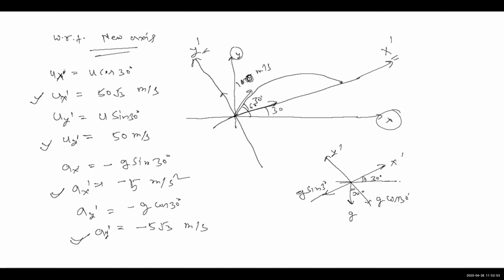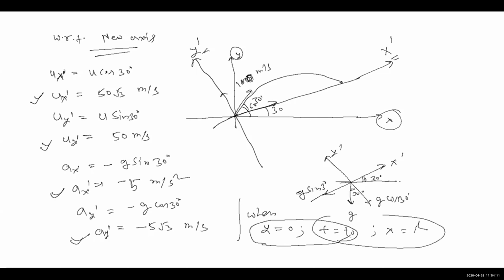For all future purposes, this is your x-axis, this is your y-axis. What will the condition be? When y becomes 0, t is equal to t naught, and x will be equal to that value. Get t naught, then use t naught to calculate. Either you change the components and make a new x-axis, y-axis, or you keep the older x-axis, y-axis and make the equation. Using these, we can even derive formulas for time of flight and range.